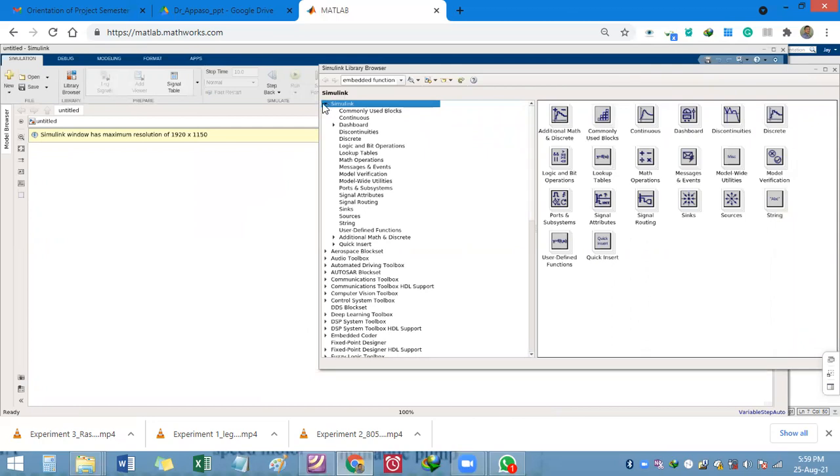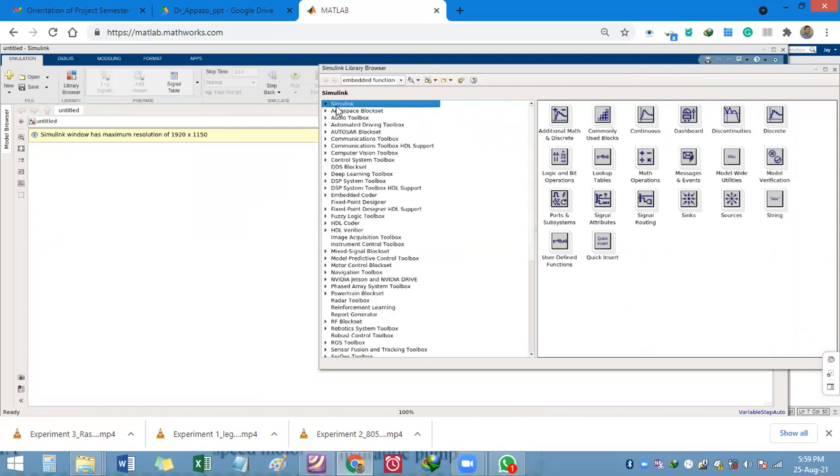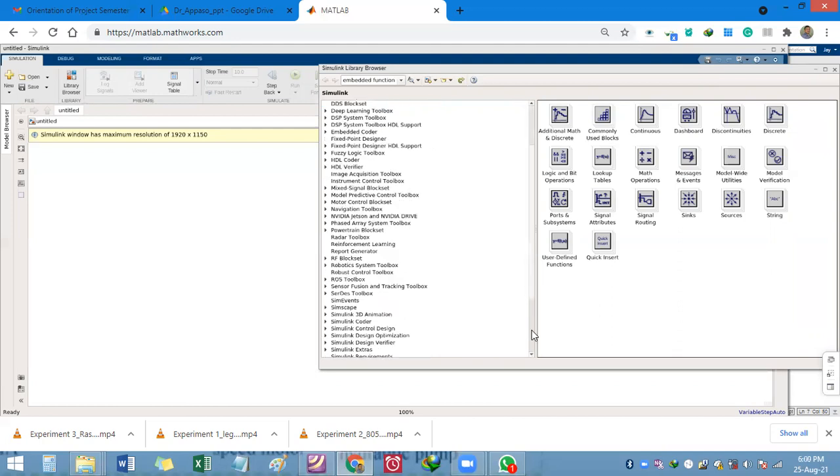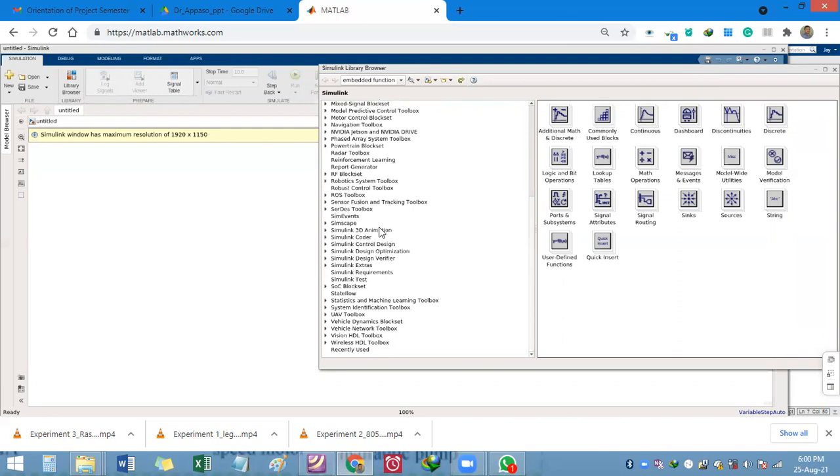Once this library window is open, our next step will be to open the Simscape option. In this library browser, we have several options for modeling different types of systems. Suppose we want to model an aerospace system, then we can select this second option. Accordingly, for different systems we have a set of different blocks in the library browser. But we are interested in modeling our pneumatic system in Simscape.